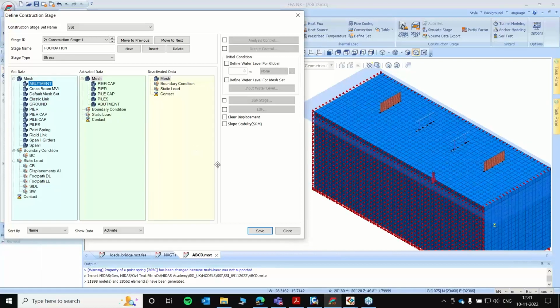So I hope it is fine by all of you. Again, press save. Then the deck. Activate the girders, the cross beams, and the girders. Okay, and the span one.